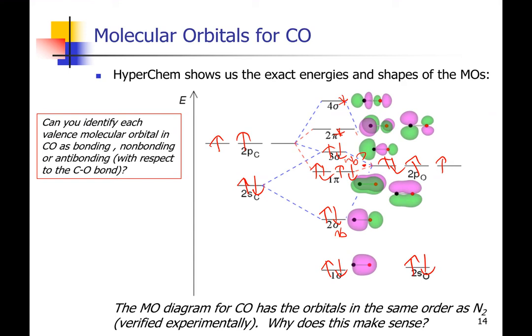The other evidence that could be argued to suggest that the 3 sigma is non-bonding is the fact that it is almost exactly halfway in energy between the 2p on oxygen and the 2p on carbon. And that means that the average electron in that orbital, if we put 2 electrons there, would be the same on average as having 1 electron in the 2p from carbon and 1 in the 2p from oxygen. But again, this is where